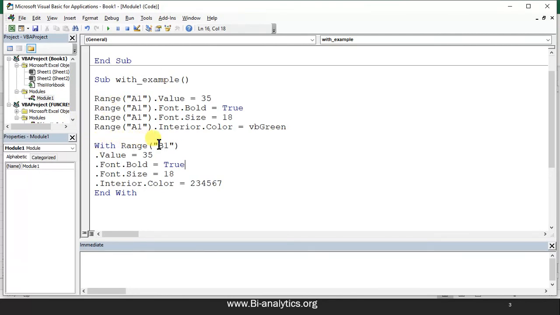Now run this program. So what we have done is we have saved writing Range A1 again and again. So we can read it like this: With Range B1, .Value, .Font.Size, .Interior.Color. Now the important part is you all have to write this code with your hand. If you just see this video and say yes, I understand, then next time you will not be able to write. So it is important to write this code with your hand. Fine. You can take a screenshot on the mobile and then type it on the laptop if you have a problem. But do write these lines with your hands.